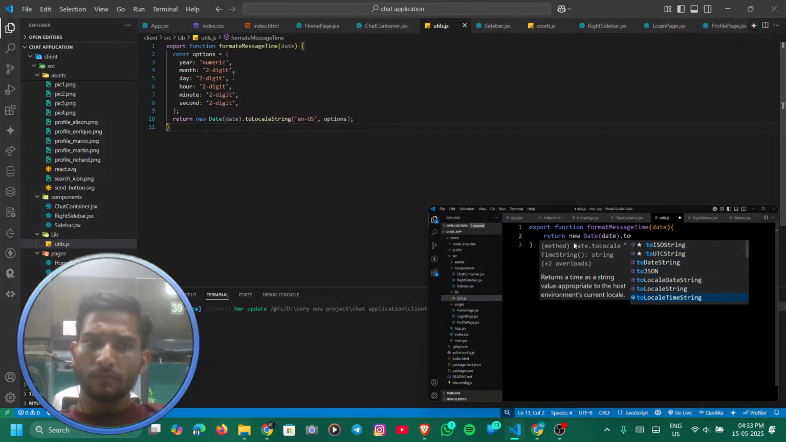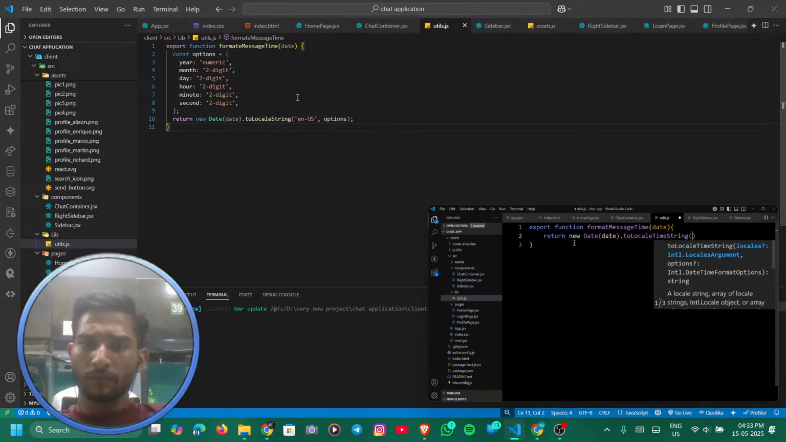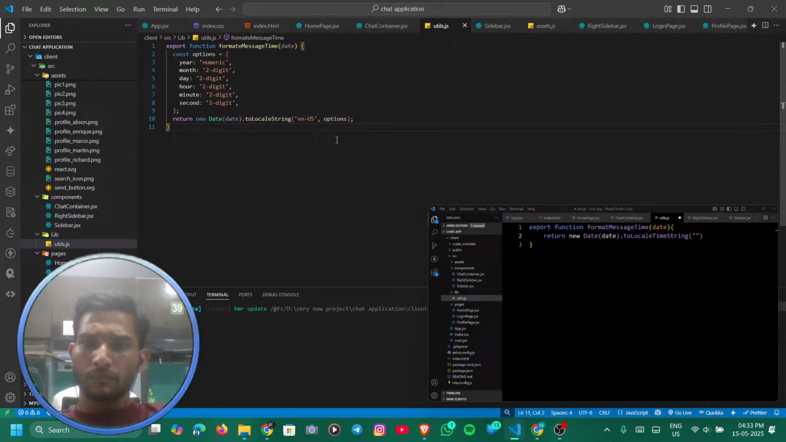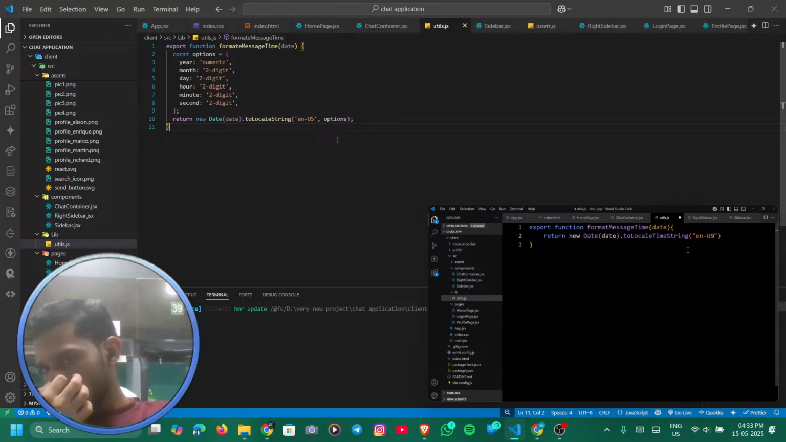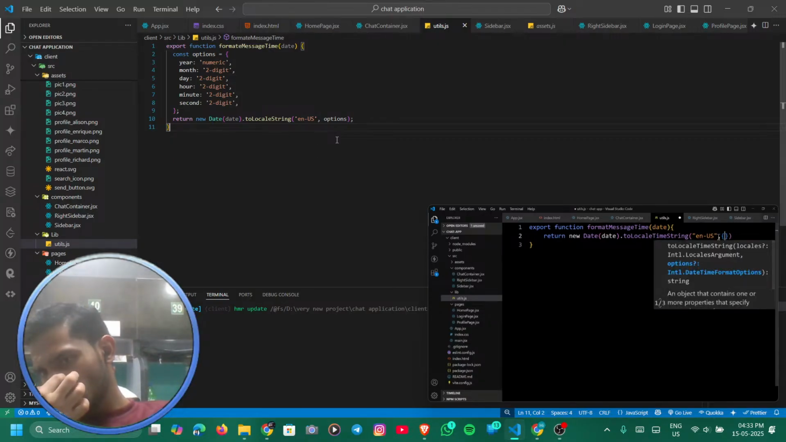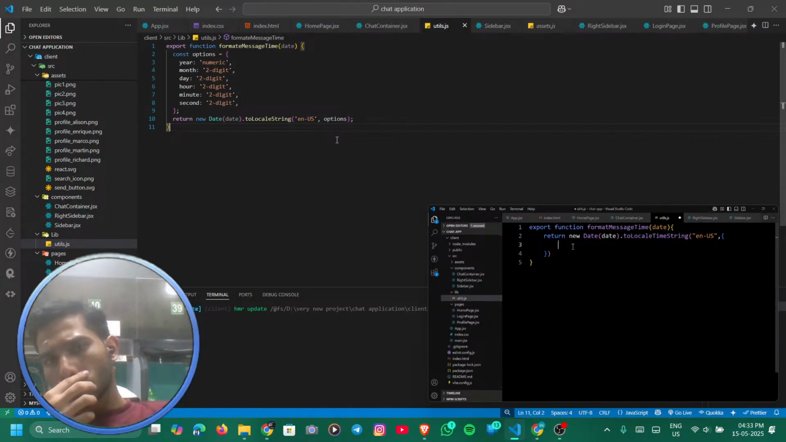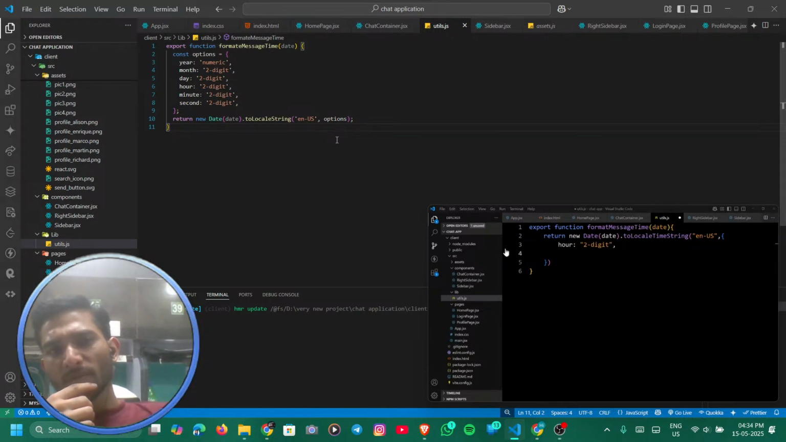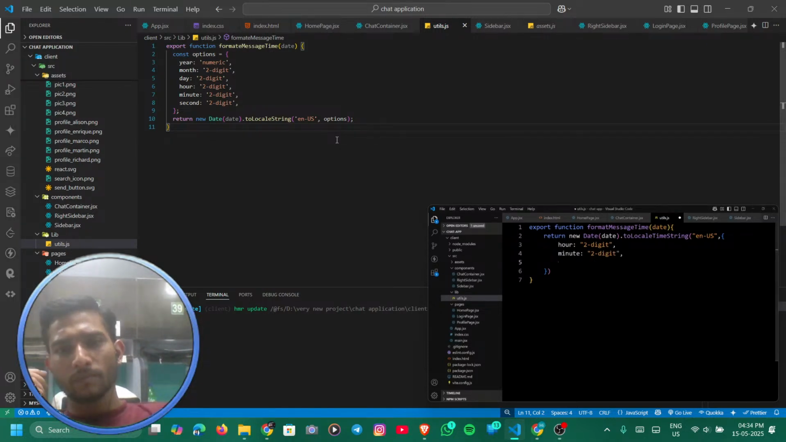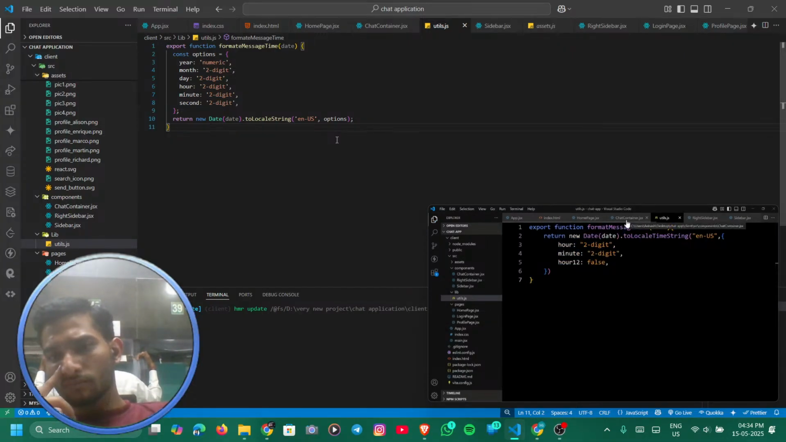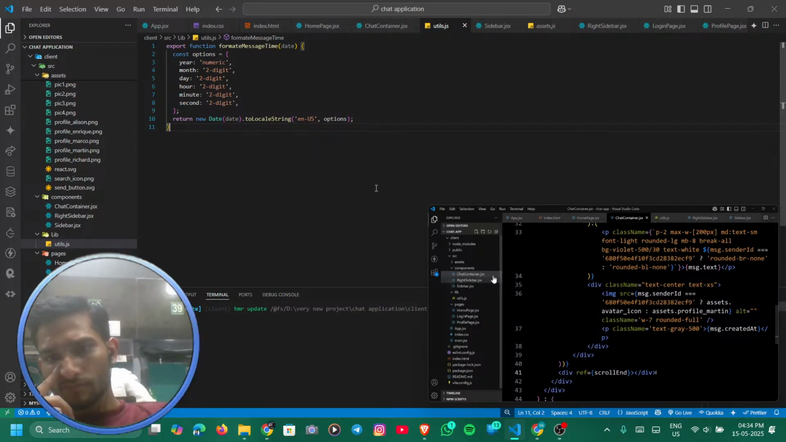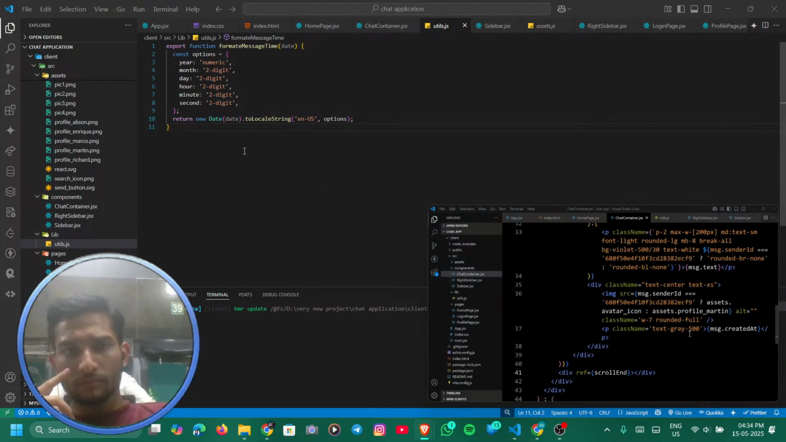Here we have toLocaleTimeString, and in this one we will add quotes and provide en-US. After that, we'll add the comma and add curly braces, and here we'll add hour 2-digit, then we'll add minute 2-digit, and then we'll add hour12 false. After adding it, let's come back here in our chat container, and here we have simply added this